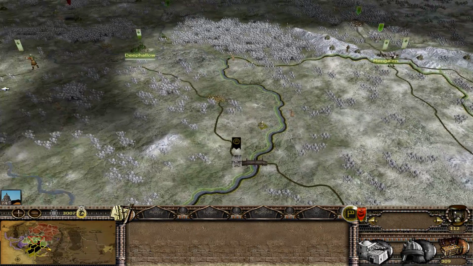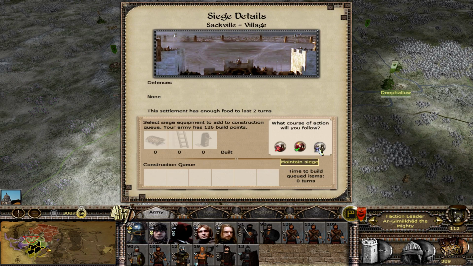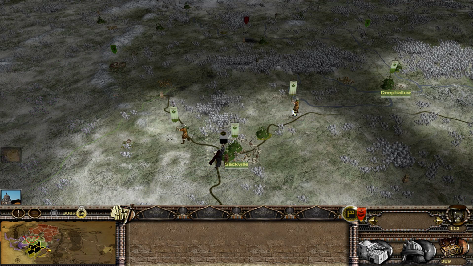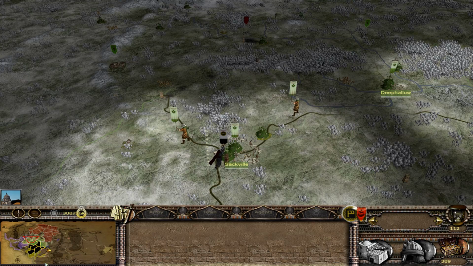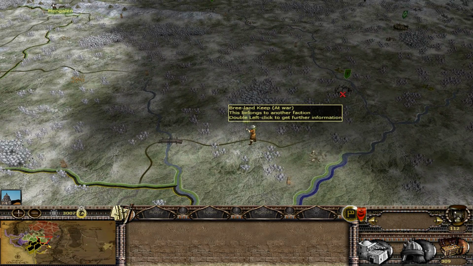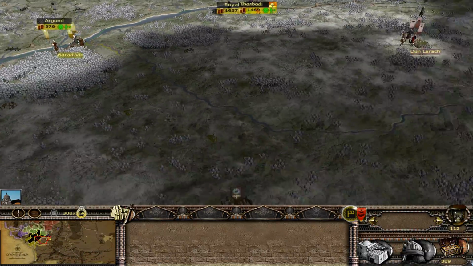I don't think you're going to do too much damage to us, Bobby. Right, so what we're going to do here is besiege the town of Sackville. I'm not going to assault it because if possible, Fred and Charlie can attack us and we can kill them all in one big go. And then of course we need to worry about taking Calatar back. We can't let them hold on to one of our provinces.